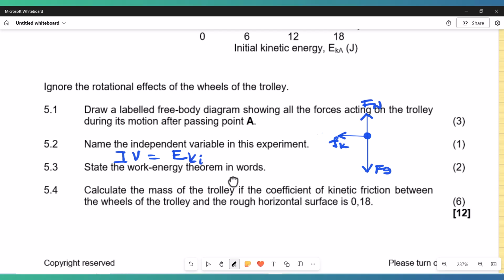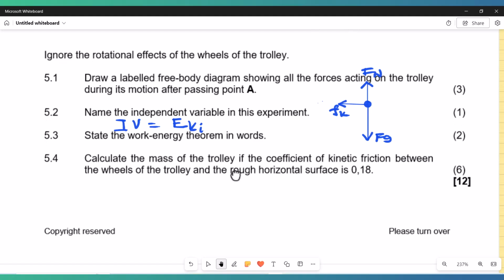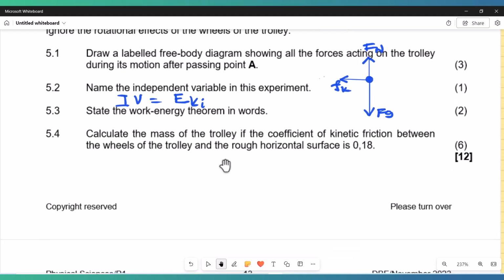State the work-energy theorem in words. How do we state it? The net work done on an object is equal to the change in the object's kinetic energy. I repeat, the net work done on an object is equal to the change in the object's kinetic energy. So now they say 5.4: calculate the mass of the trolley if the coefficient of kinetic friction between the wheels of the trolley and the rough horizontal surface is